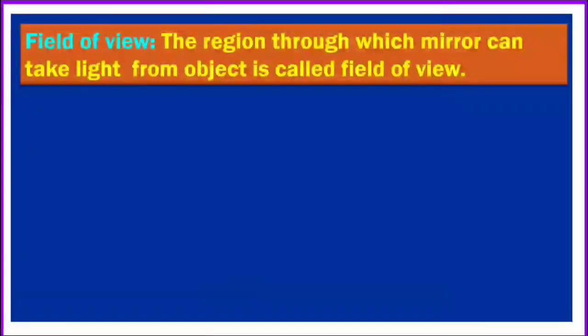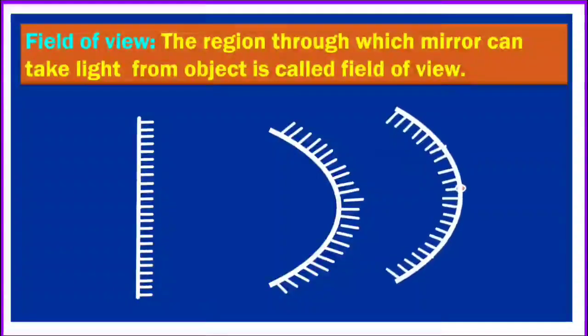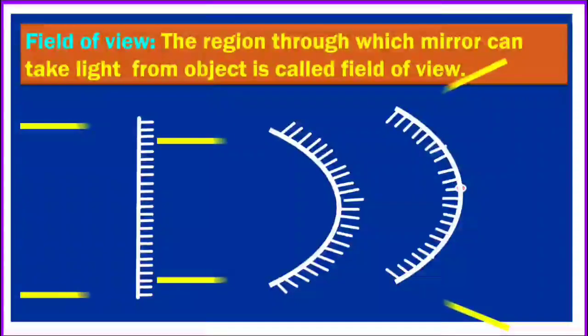We will discuss field of view. The region through which a mirror can take light from an object is called the field of view. Here we can see a plane mirror, concave mirror and convex mirror. Here light rays from the object fall on the mirror. If you compare these three mirrors,